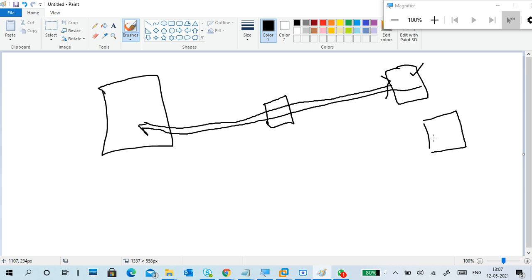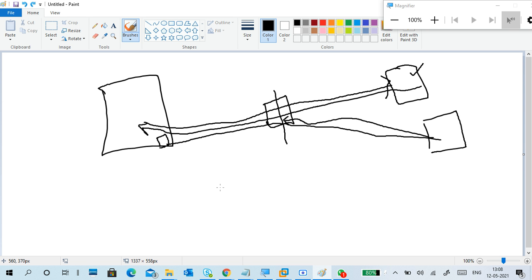Now, someone in the network tries to send a packet to you. This is a router, right? So we have a firewall. There are two types of firewalls. We are talking about the software firewall. Someone sends a request to you.